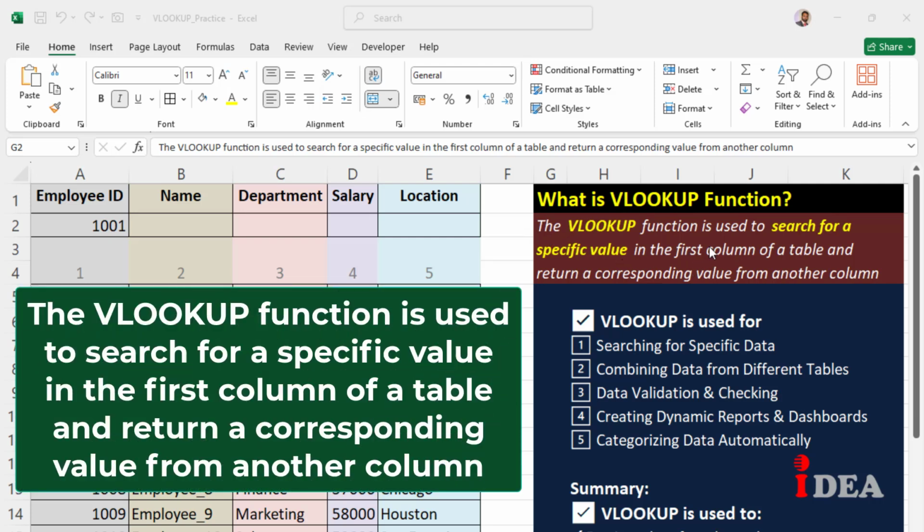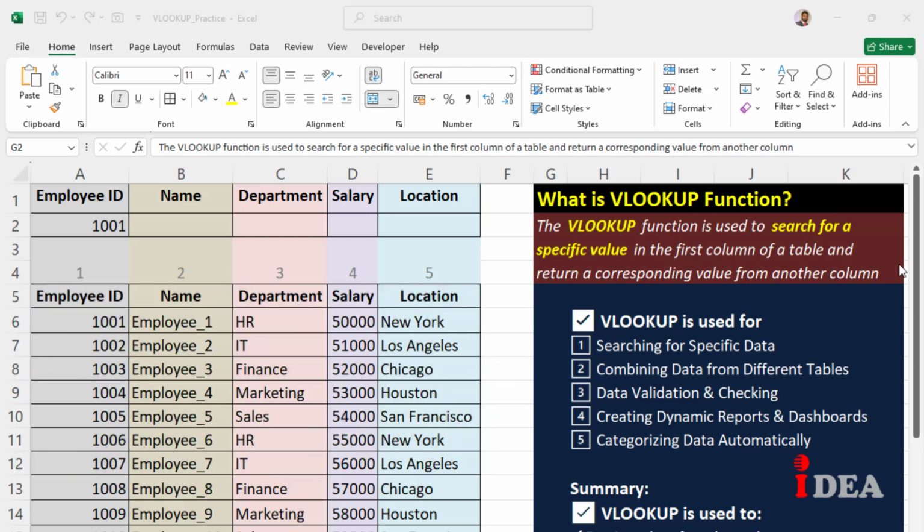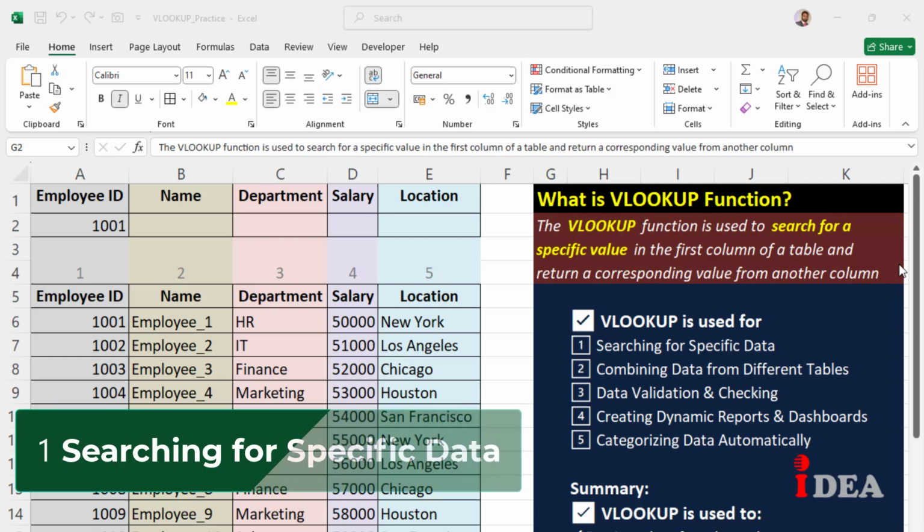The Vlookup function is used to search for a specific value in the first column of a table and return a corresponding value from another column. Vlookup is used for: